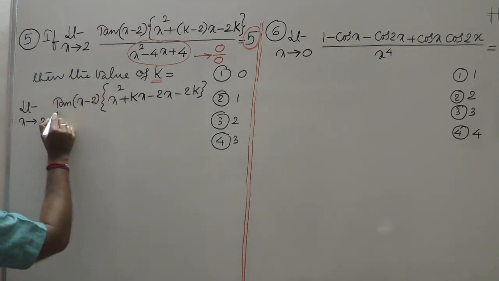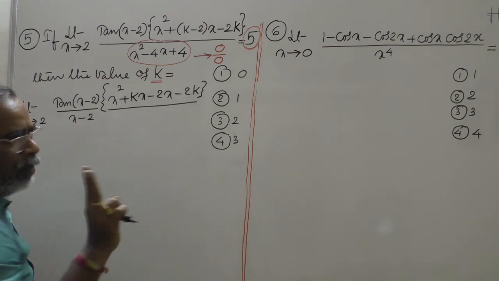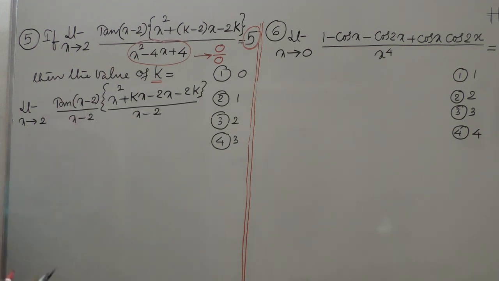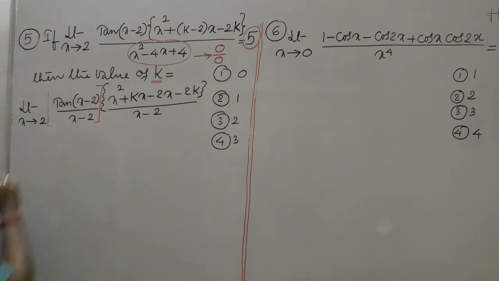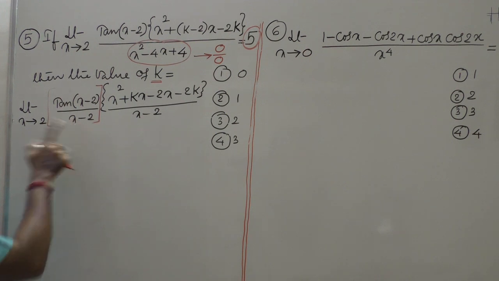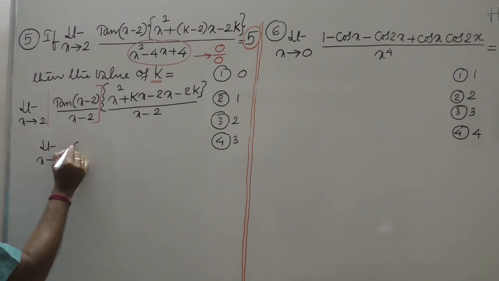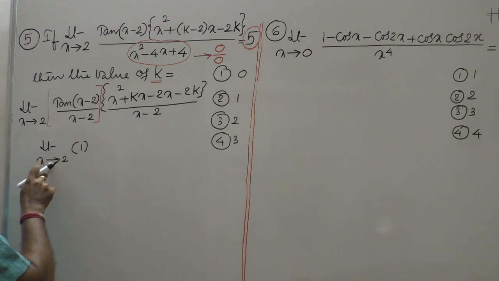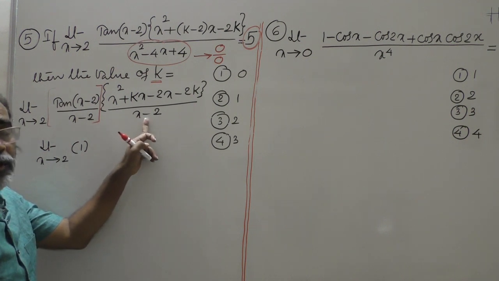So I am writing one x minus 2 here. X minus 2 whole square means there will be 2 factors. I wrote one here and I will place one more factor here. Why did I write one factor here? By writing one factor here, it becomes tan x by x. We have a standard limit, therefore, limit x tends to 2, tan x by x is 1. And what about this? Now x is tending to 2, still x minus 2 is there in the denominator, which is 0.